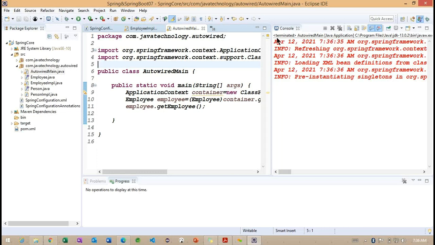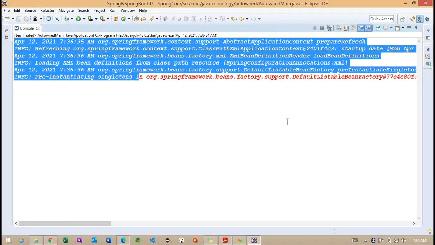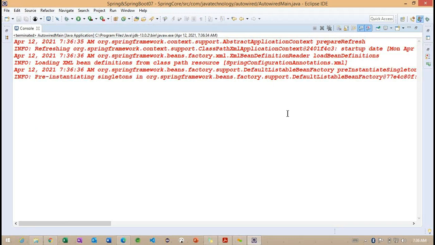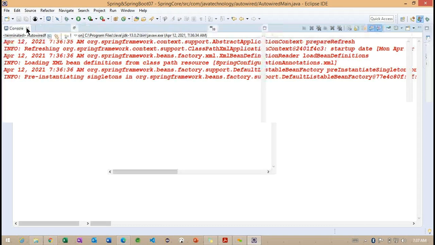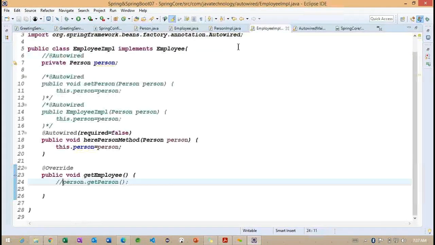Now you can see this application is terminated here. Getting the point? Observe carefully, the application is terminated, but whatever statements we provided are executed. But now you can see we don't have any errors or exception information here. So basically the null pointer exception is related to here.